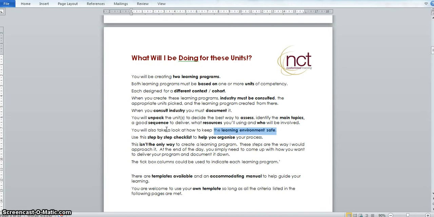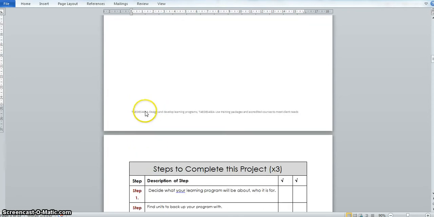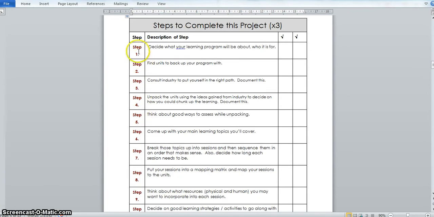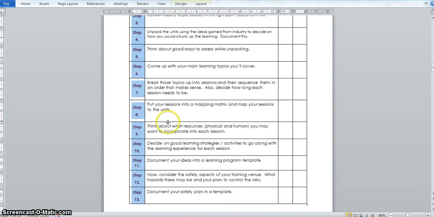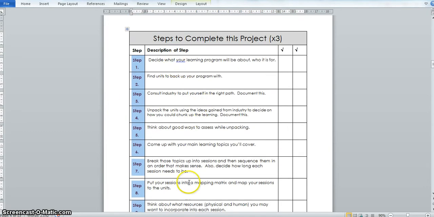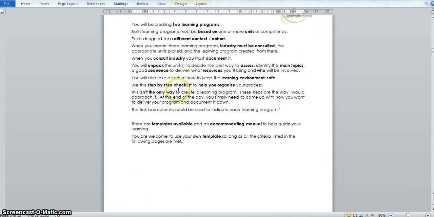All right. Now, I did a little checklist, this sort of step-by-step thing. Just if you've never done one before, or you think you maybe just want to see a different way of doing it or whatever, this is one way of thinking about it. You can kind of go through and do it this way. Maybe use this as your checklist to say, oh, I've completed that for my first learning program, I have for my second, if you find that to be helpful. But